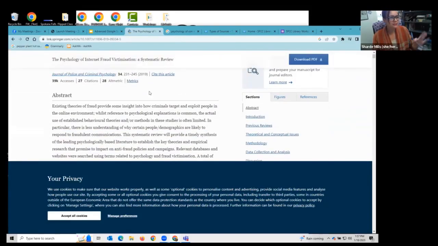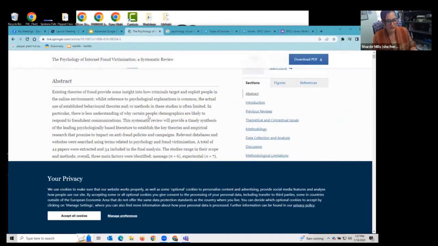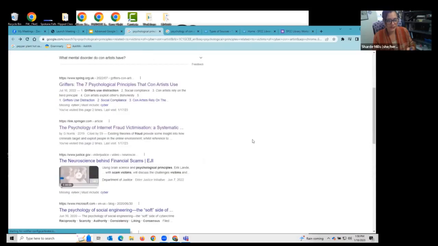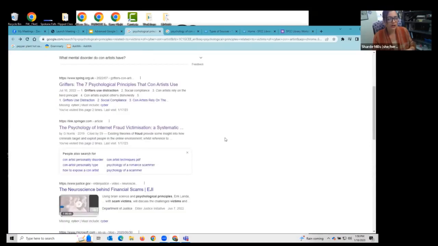Now, if you find something like this, which we would call a scholarly journal, you should never pay for it. There are ways to get access. You can do what we call an interlibrary loan. So if you're Googling and find something like a scholarly article that requires access, go to the library website and then look for a section that says interlibrary loan.